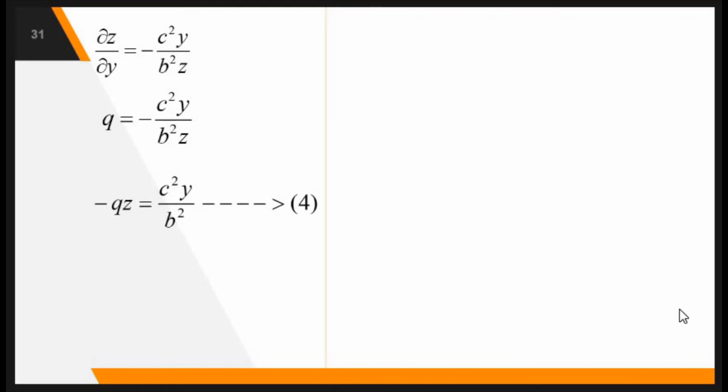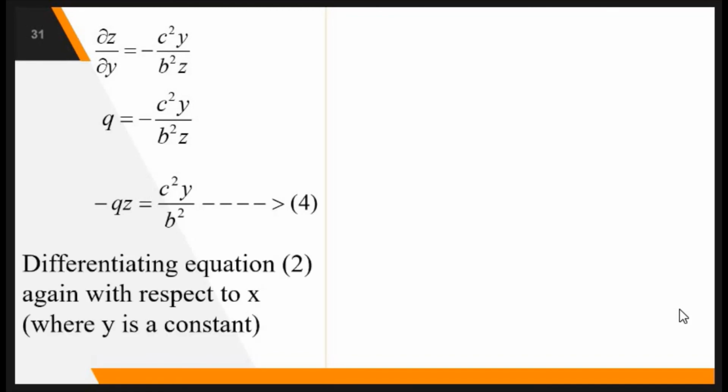Now, I told you we have to find p, q, r, s, t, but in this problem I am going to find only p, q, r because this is enough for finding the relation where we don't have any arbitrary constants a, b, c. But in your university examination, make sure you find all the partial derivatives p, q, r, s, t, because there are marks allotted for finding all the partial derivatives. So don't skip, otherwise you will lose marks. Here I am only finding p, q, r.